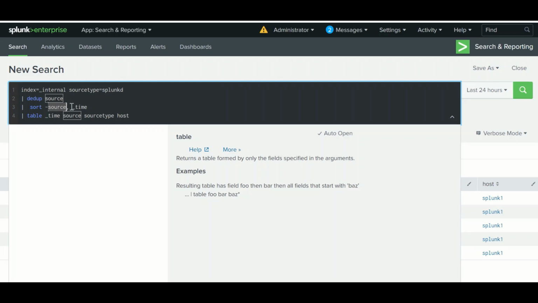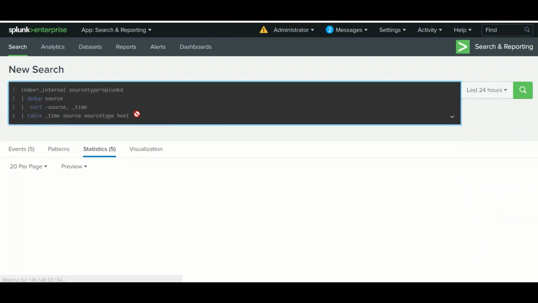It won't consider the second one. So it will sort on the basis of source, not the time. If you put a space, it will sort on the basis of source as well as time. So please keep in mind that if you put a space in between, both will be included. If you don't, only the first field will be included in this sorting criteria. Okay.